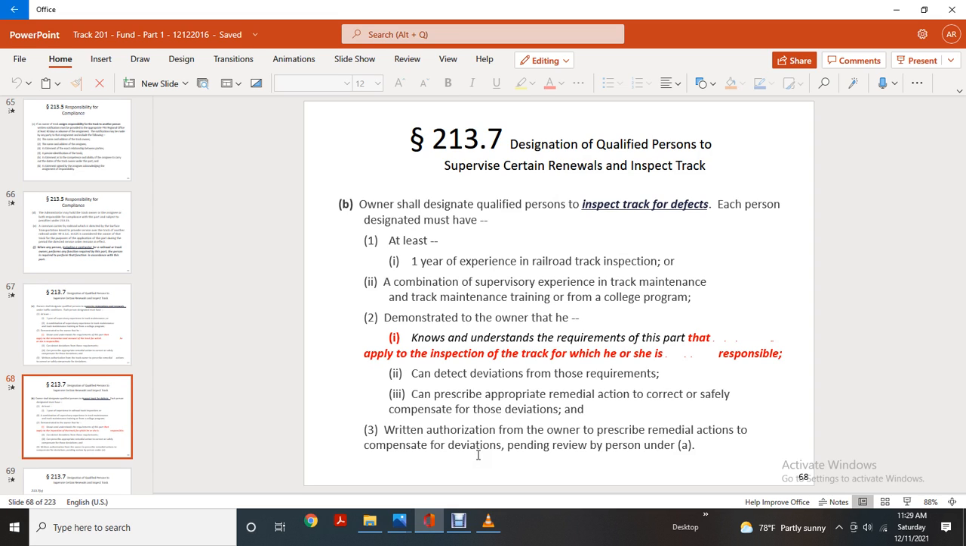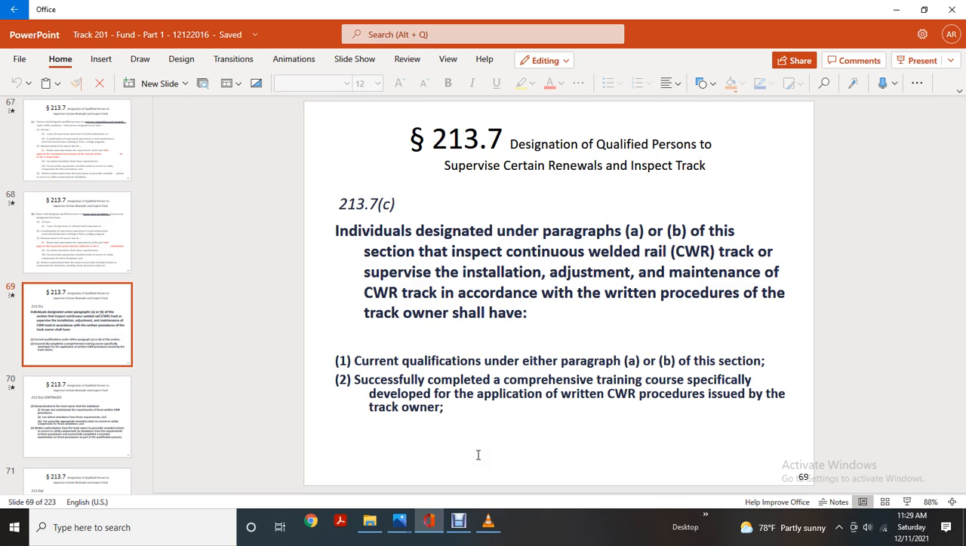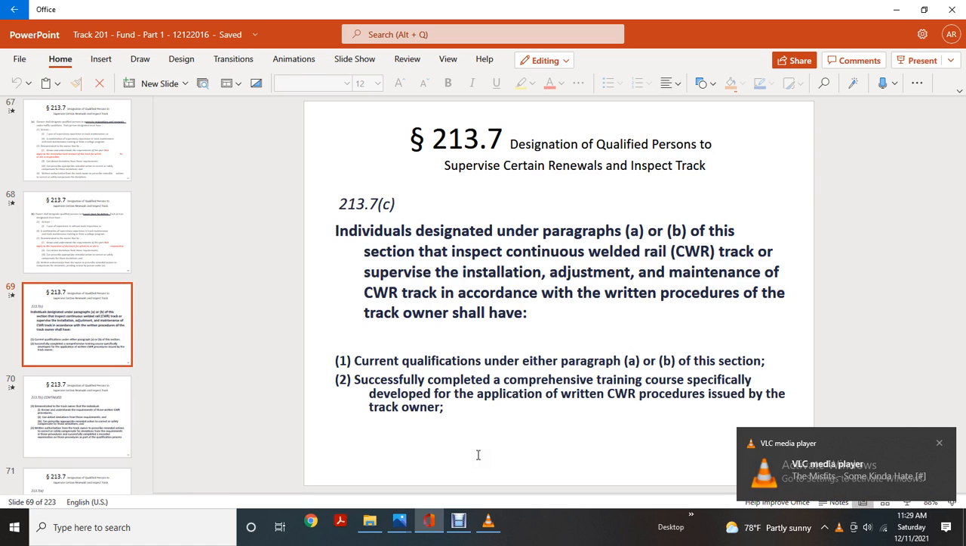3, be able to prescribe the appropriate remedial action to correct or safely compensate for the deviation, or have written authorization from the owner to prescribe remedial action to correct or safely compensate for the deviation pending review by a person designated under paragraph A. 213.7 A, designated qualified persons to supervise certain renewals and inspections. 213.7 C, individuals designated under paragraphs A and B of this section